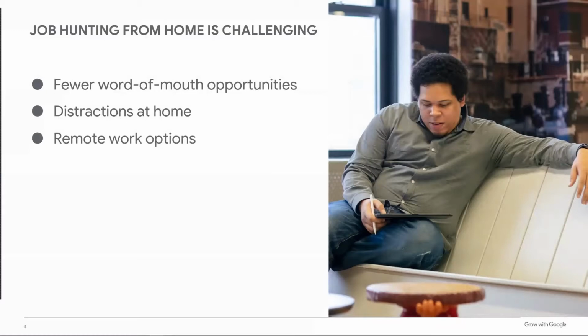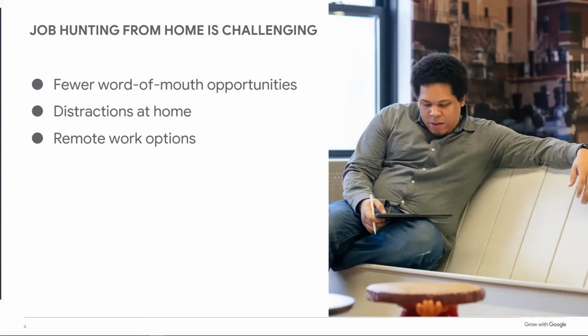One of the challenges that we face, as we're looking for jobs within a different environment, is that we've moved to a more remote setting where we're doing a lot of things online. And so we have fewer word of mouth opportunities where we're hearing about job opportunities, whereas maybe 10 years ago, it was a lot of word of mouth. We heard a lot of the executive and high level positions more by word of mouth, and it was more by who you knew. And a lot of that is moving in a different direction. And so that is becoming a shift in the work environment.